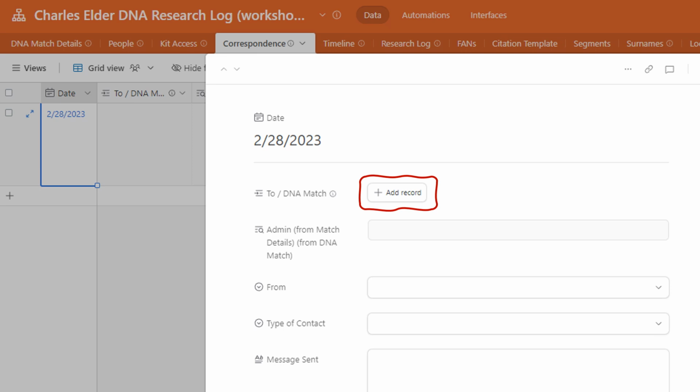And this is where you can add more details, and instead of adding them in a row, you can add them more in like a vertical document type layout, if that appeals to you. You do need to open up the record in order to add the To or the DNA match. So click Add Record